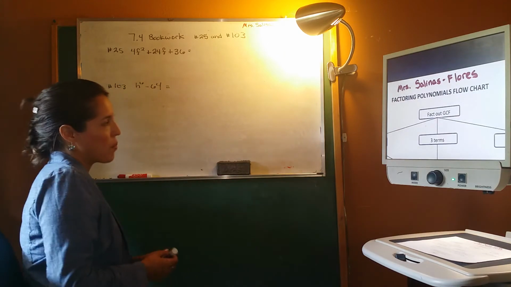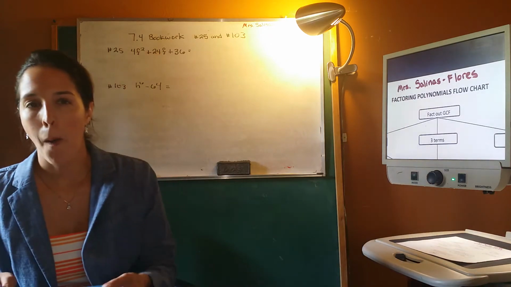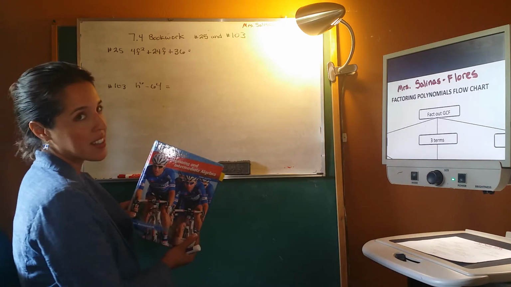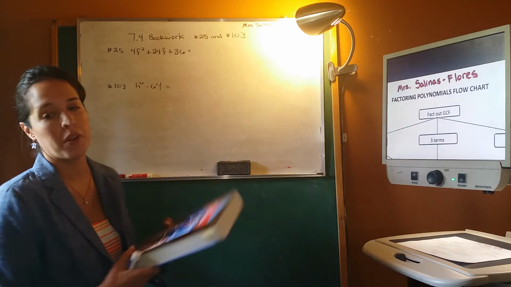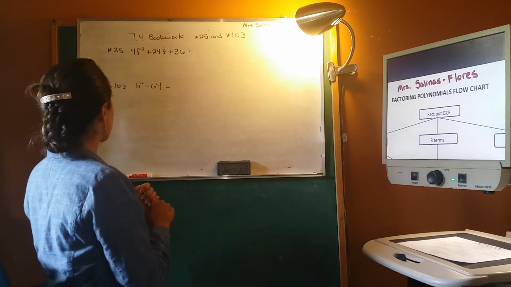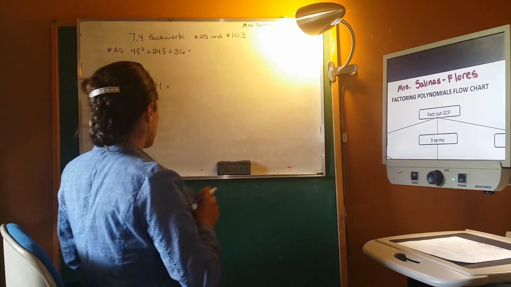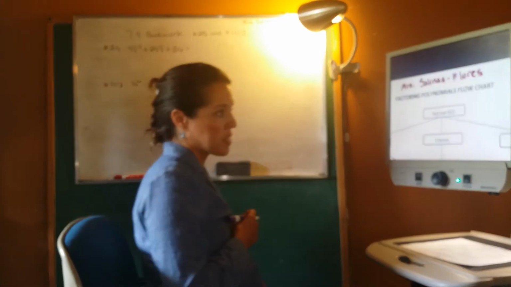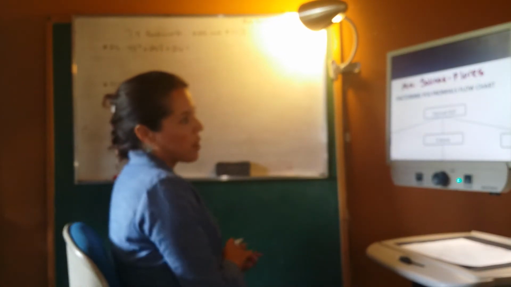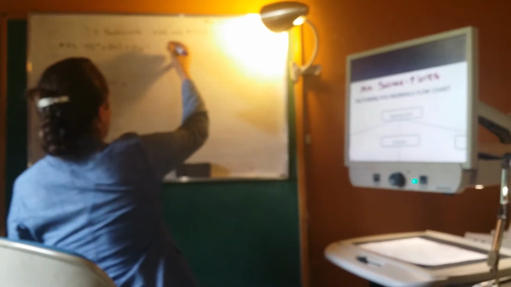Okay, so I'm going to be covering two problems from the 7.4 bookwork, and hopefully it'll help clarify some questions that you may have. The first problem I'm going to cover is number 25, which starts off 4f squared plus 24f plus 36. According to our polynomial chart, it says to factor out the GCF, the greatest common factor, and